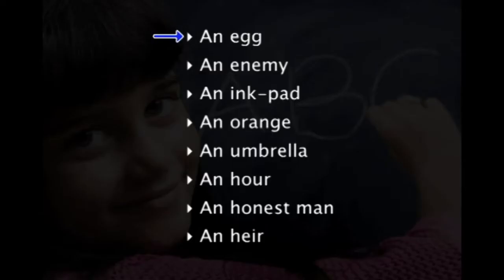Now let us look at the differences between the indefinite articles a and an. The choice between a and an is determined by the sound. Before a word beginning with a vowel sound, an is used. For example, an egg, an enemy, an ink pad, an orange, an umbrella, an hour, an honest man, an heir. It will be noticed that the words hour, honest, heir begin with a vowel sound, as the initial consonant h